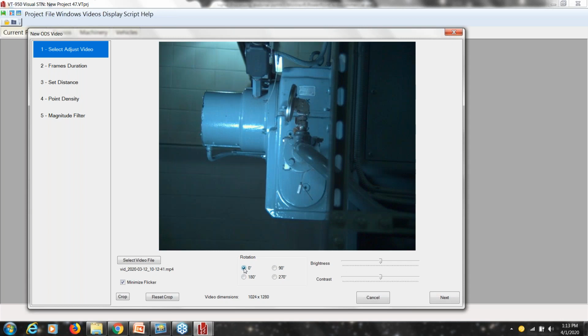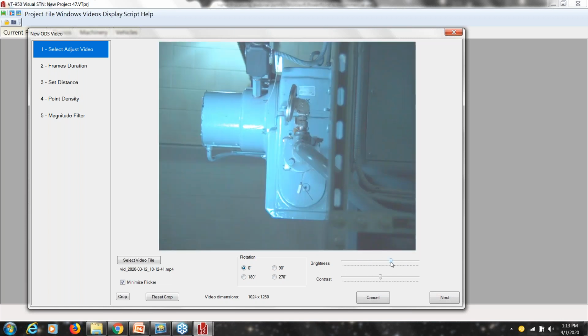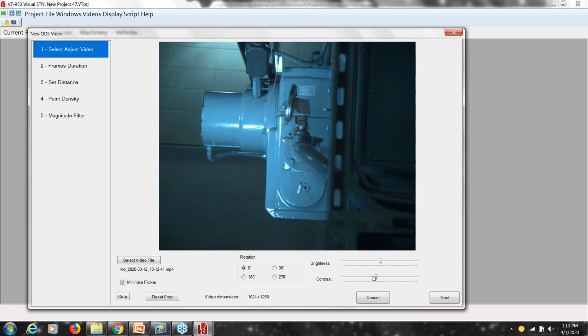This is a good way to correct for that. Brightness, I can adjust for dark and light, obviously, the brightness and the contrast, and same sort of deal. It'll bring out a little bit of what the color content in here is. So we've got video dimensions, 1024 by 1280, and